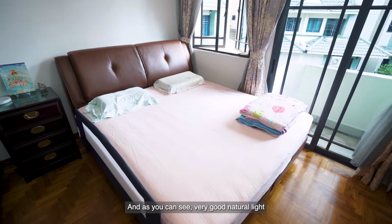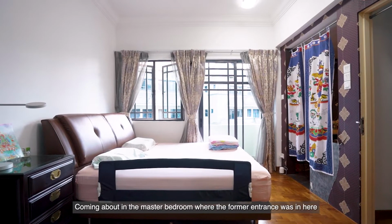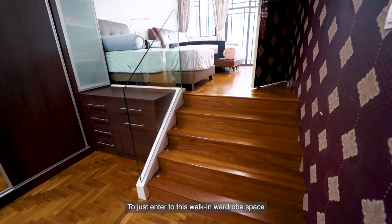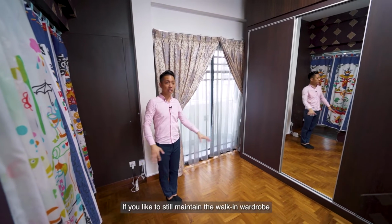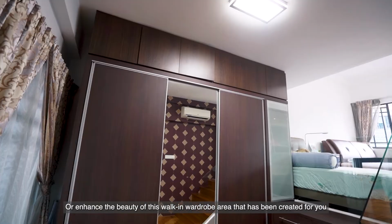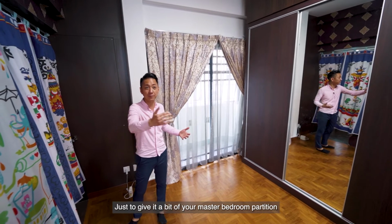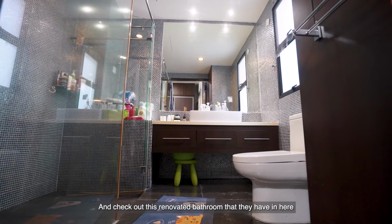And as you can see, very good natural light. Each of your bedrooms has full-length sliding doors. On the master bedroom, where the former entrance was, they have created a stairway to enter this walk-in wardrobe space. Currently, you can do so much here. You can maintain the walk-in wardrobe or enhance its beauty, or if you want to reinstate the master bedroom to give it a bit of partition or segregation away from the common bedroom,